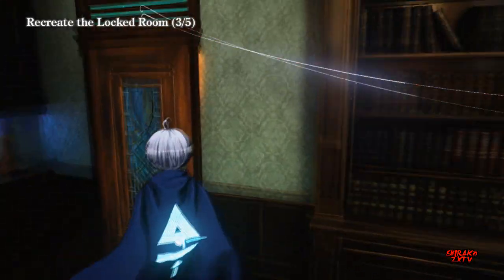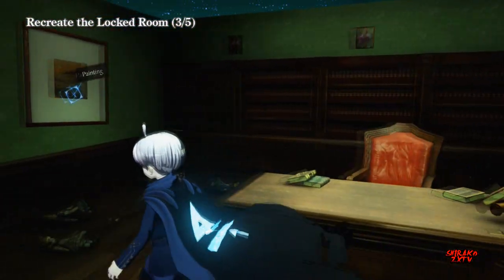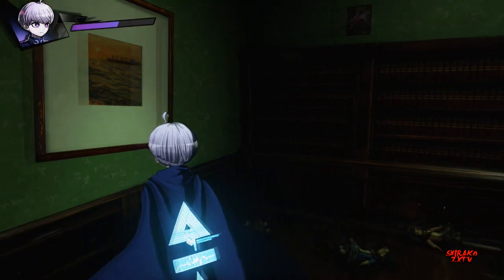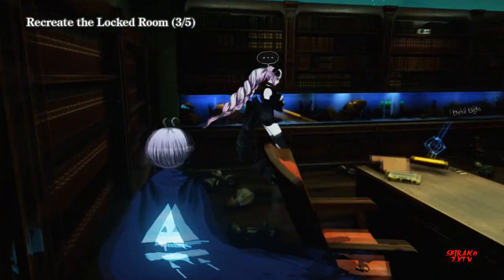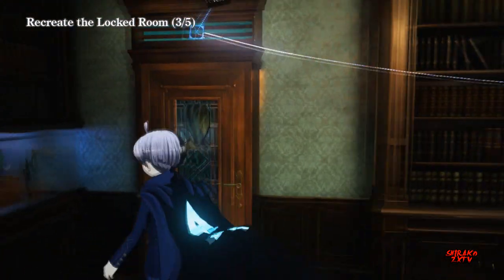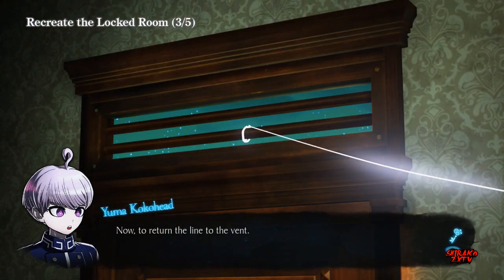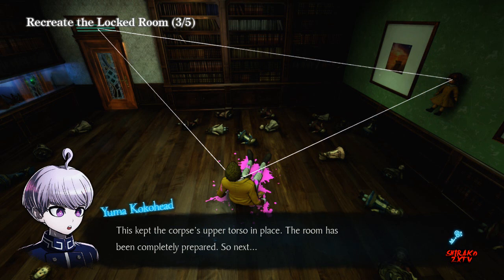So you got your point right there. It's that thing again. I know what it is. It's the vent, isn't it? You bring it up and you bring it all the way over there, so that way it can hold, correct? Now, to return the line to the vent. This kept the corpse's upper torso in place. The room has been completely prepared. So next...